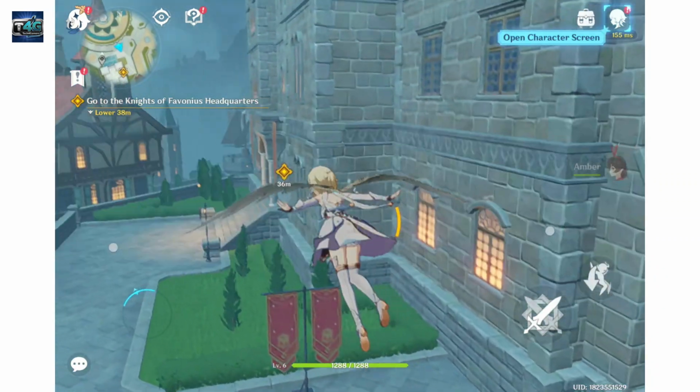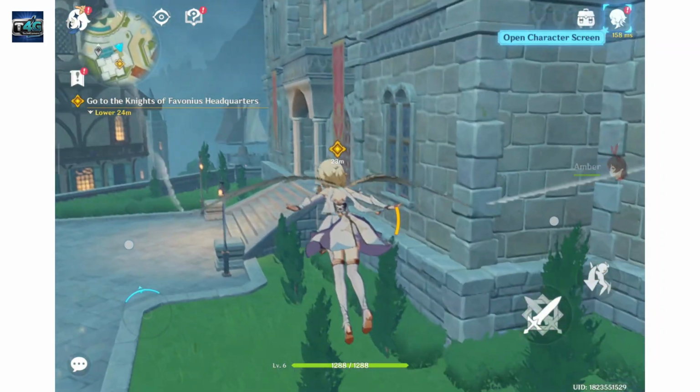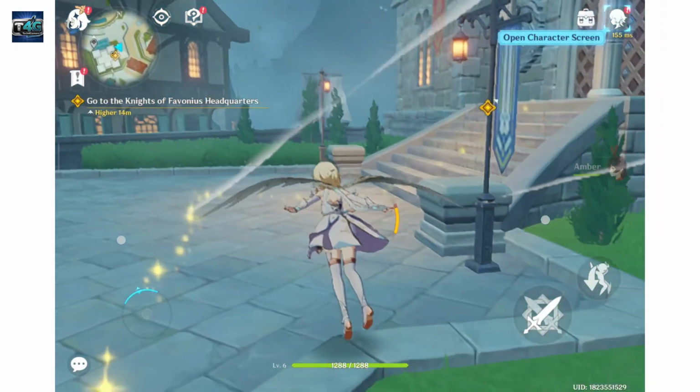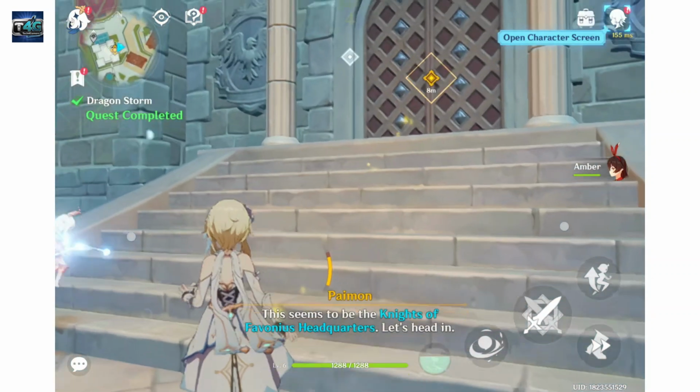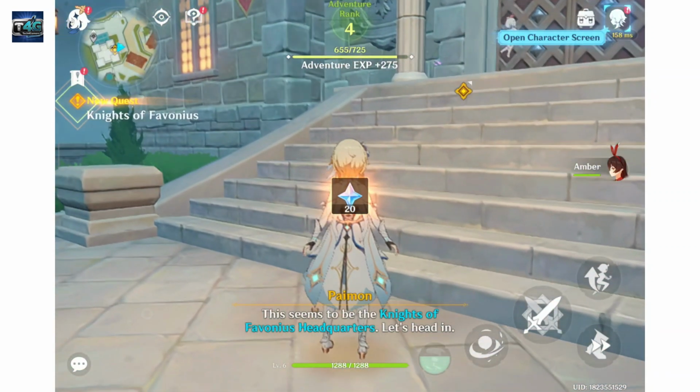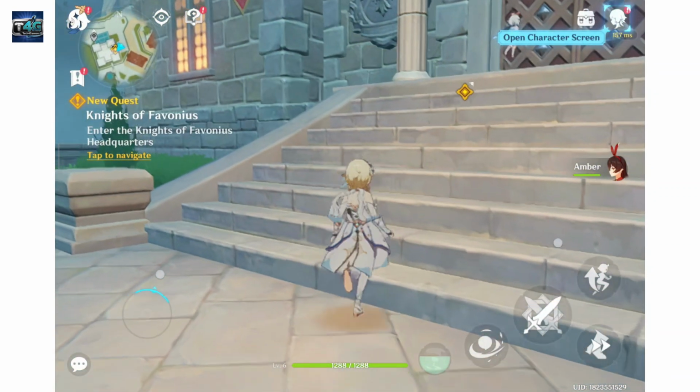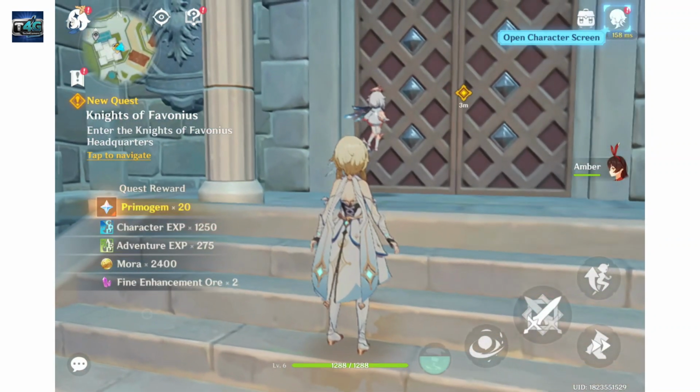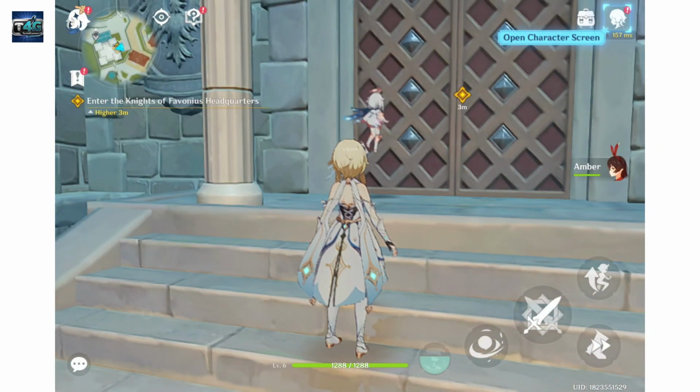In this video, I'm going to show you how you can easily change your language setting in Genshin Impact game. So the first thing to do is to launch the Genshin Impact application on your device. Once you're inside the main game section of Genshin Impact after logging in, go to the upper left corner and